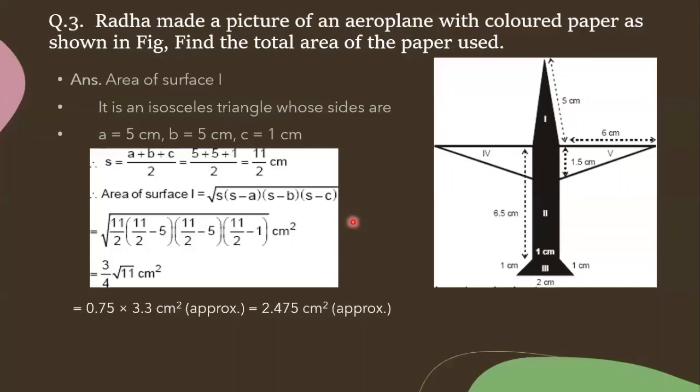So second question, I hope you have understood. Second question. Got the answer? Here, third question you observe. Here, see the picture. This aeroplane which Radha has made, it is divided into 1,